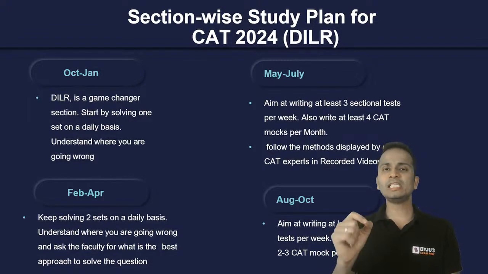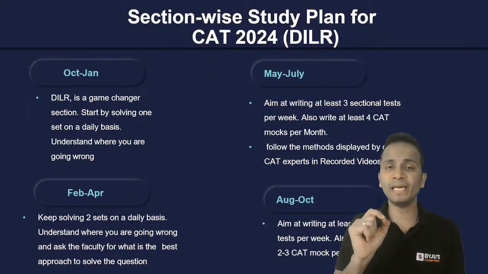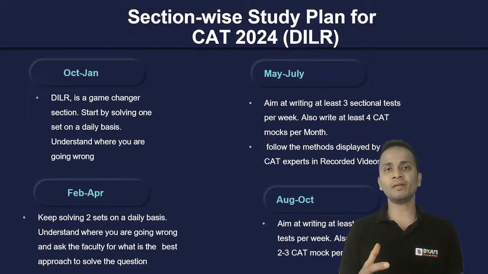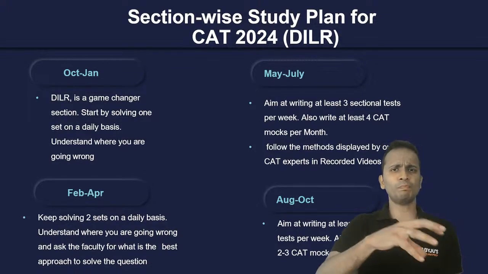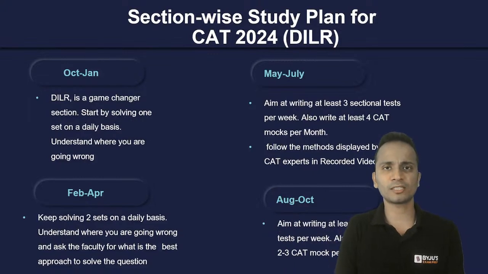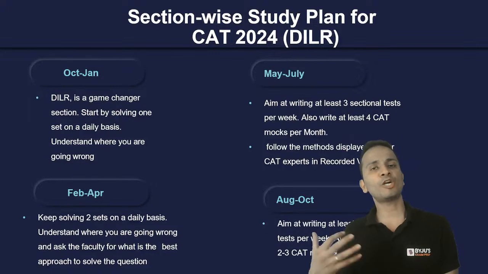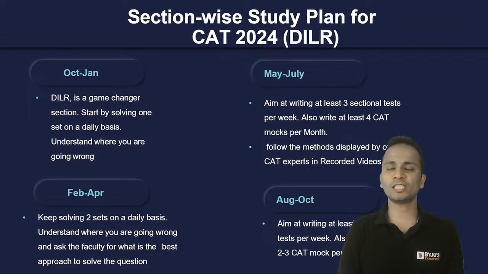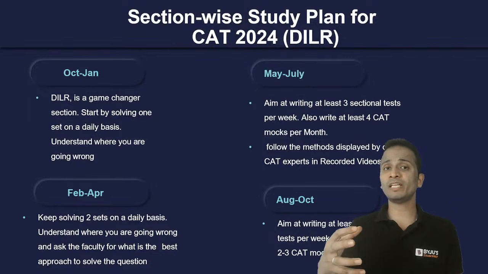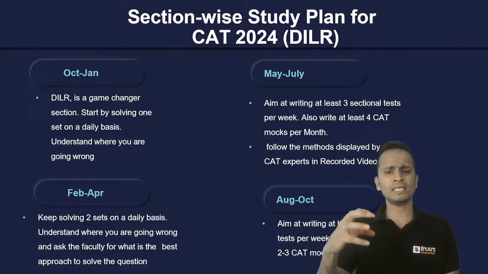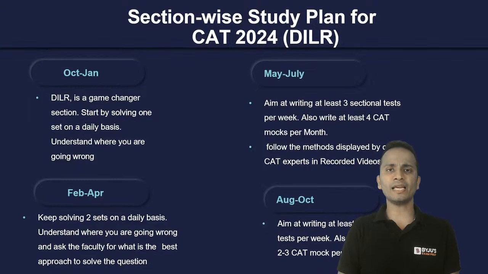Now these sets should be of very basic level, right? In data interpretation, you can start with line charts, bar graphs, pie charts, so the basic knowledge of these types of charts. You can spend 1 week for line graphs, 1 week for tabular data, 1 week for pie charts, and so on. Similarly, once you start logical reasoning, just pick up one topic at a time, spend 2 or 3 days, practice a few questions based on those topics, and this is how you can proceed.